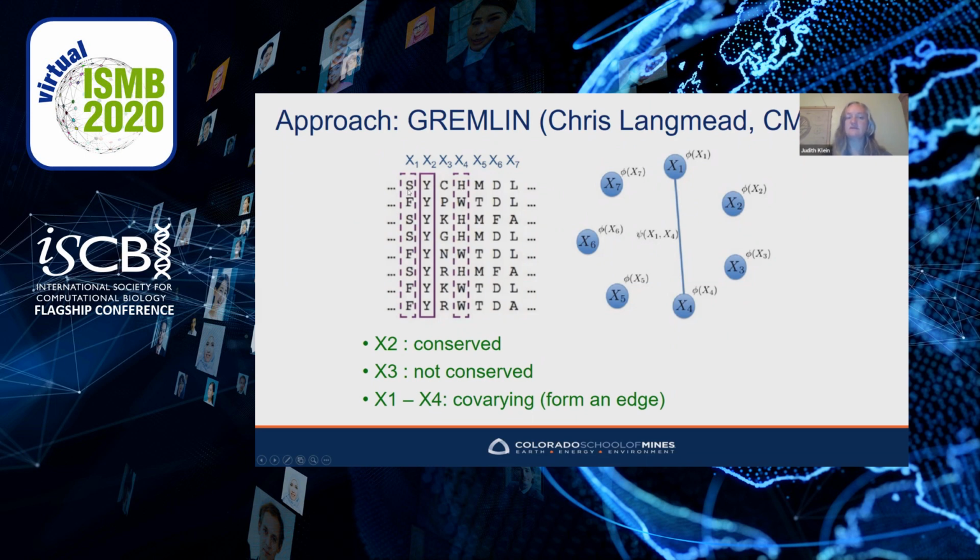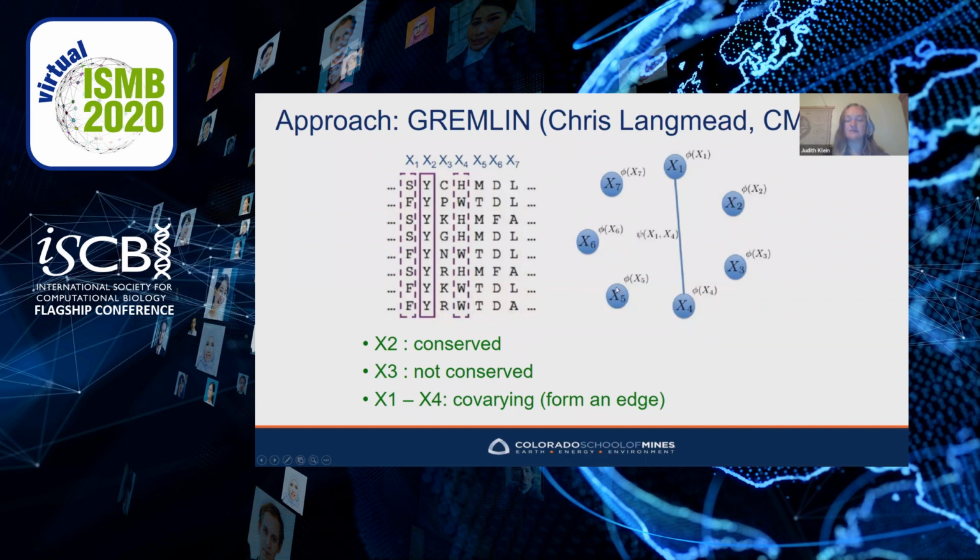You can see whenever there's a serine in column 1, there's a histidine in column 4. And when there's a phenylalanine in column 1, there is a tryptophan in column 4. This means that these two co-evolved, and we can represent this by an edge connecting these two nodes. And so the overall idea is to analyze the entire sequence alignment and encode these long-range interactions via node and